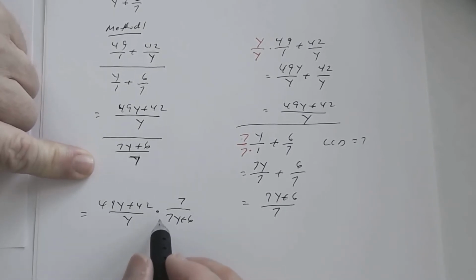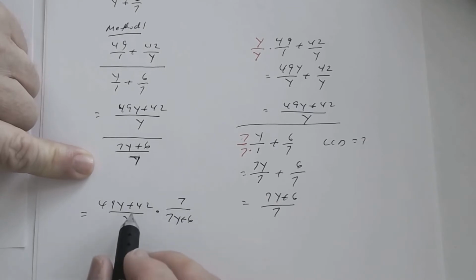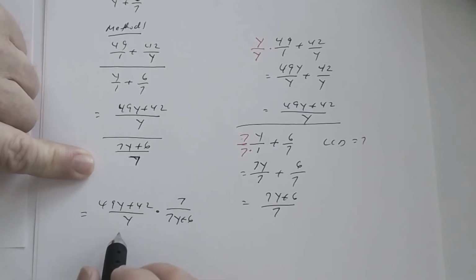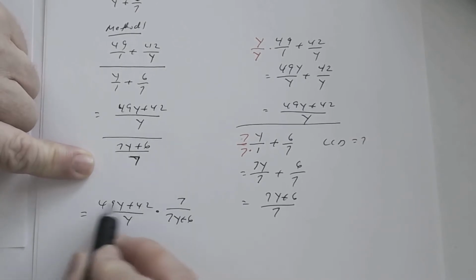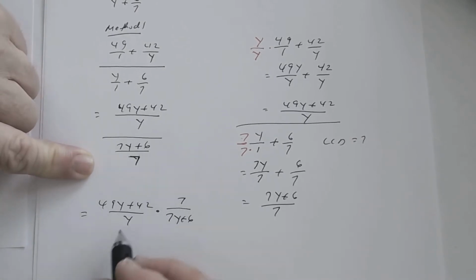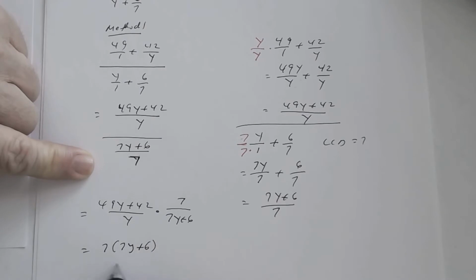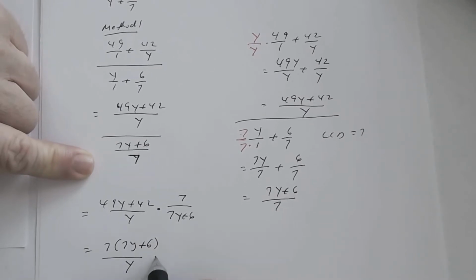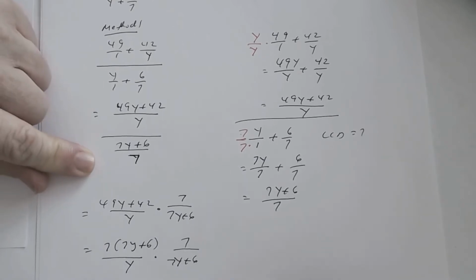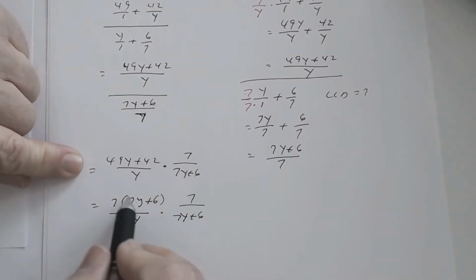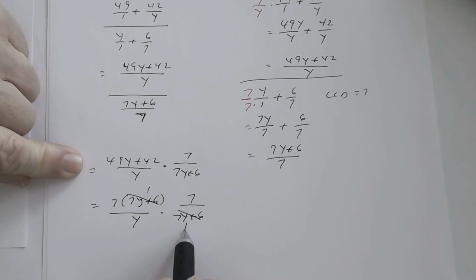And so remember, to multiply rational expressions, you first of all need to factor your numerators and factor your denominators, and then reduce. So notice in the numerator, it looks like I can factor out a 7, right? And so when I do that, I get 7 times 7y plus 6, because 7 times 6 is 42, divided by y, times 7 divided by 7y plus 6. And then we'll reduce. So notice when I reduce, I can divide out these 7y plus 6's,